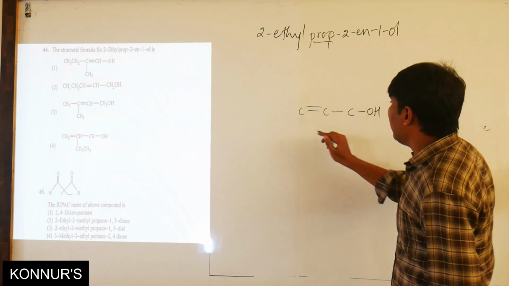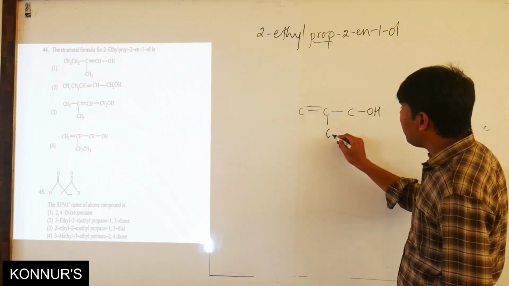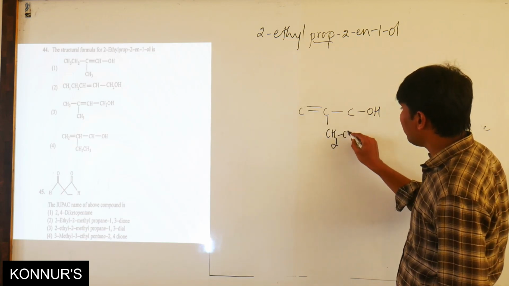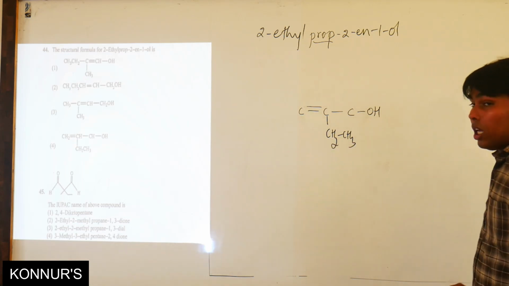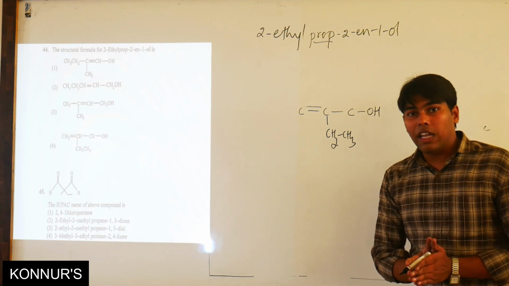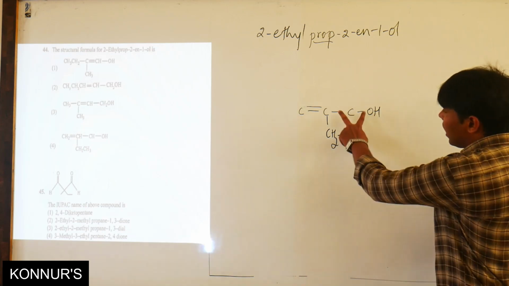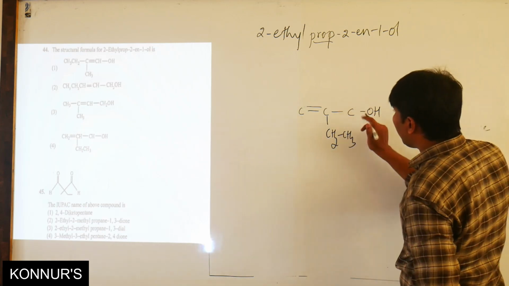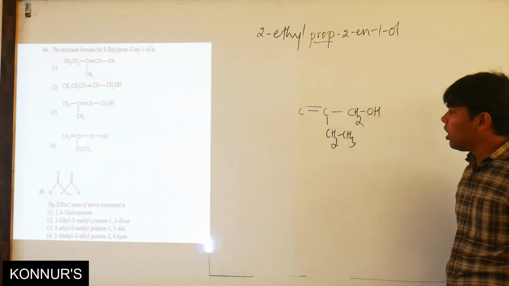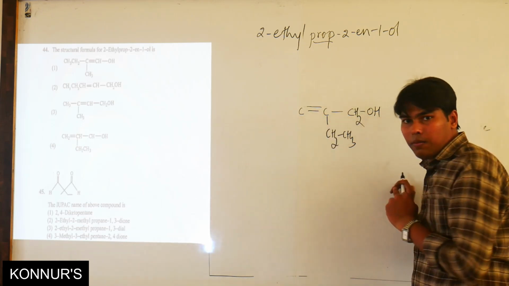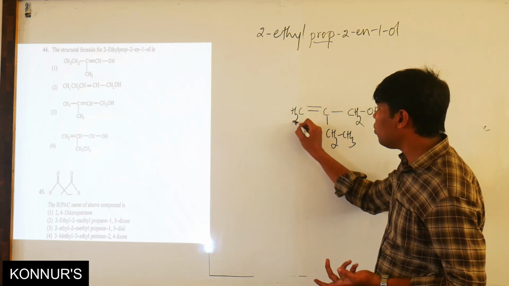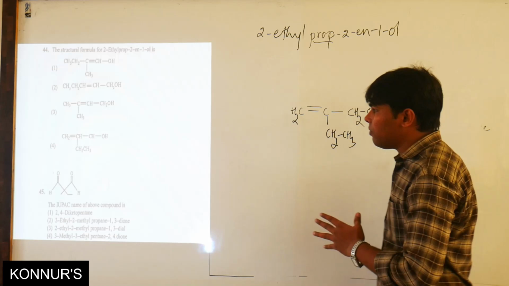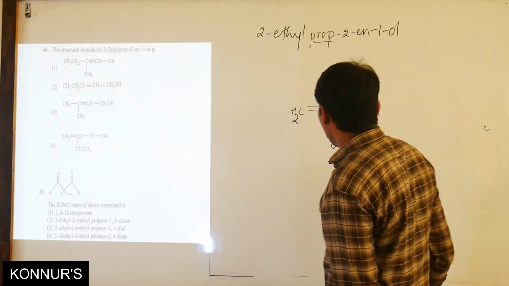On the second carbon there is an ethyl, which means it is CH2CH3, or you can write C2H5, no problem. Now add the remaining valencies as hydrogens. Here there are 2 bonds and the remaining 2 are hydrogens. Here there are already 4 bonds, so no need of hydrogen. Here there are 2 valencies, add 2 hydrogens. See the structure here. Where is that option?